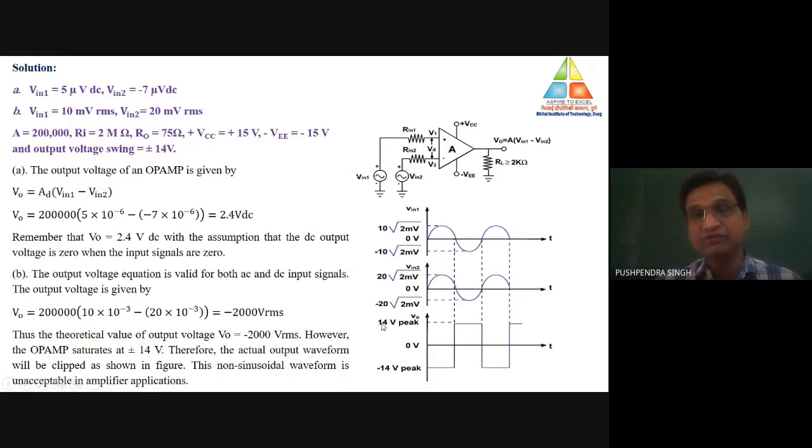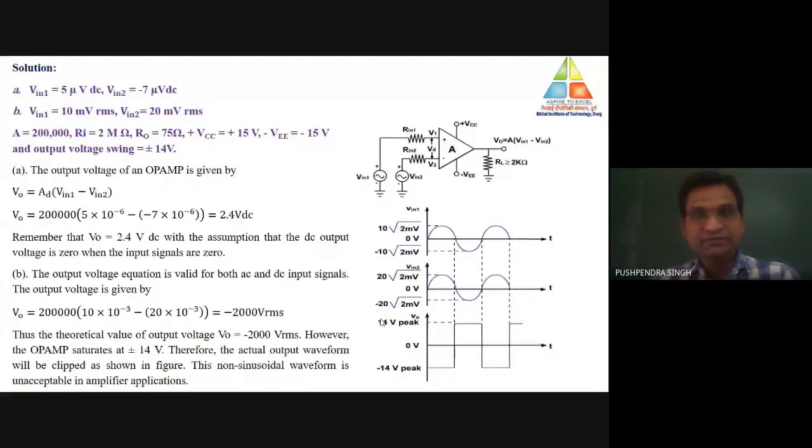And that saturation voltage is approximately 14 volts. Why? Because the supply voltage is 15. So whenever these kinds of problems exist, just concentrate on what the value of the supply voltage is and what the value of the saturation voltage would be. At max, you are getting the saturation voltage at the output terminal of the op-amp. So this is the fundamental I want to discuss with you. I hope this fundamental is clear to all of you.